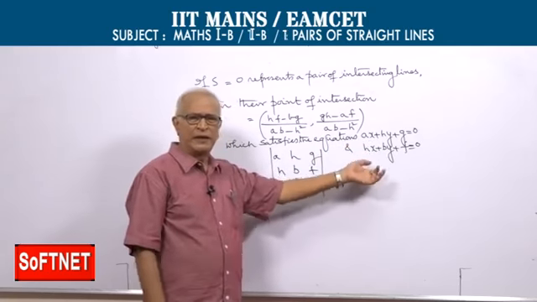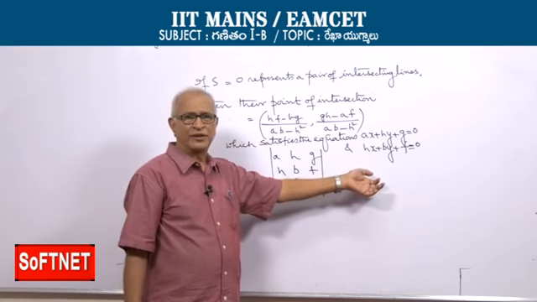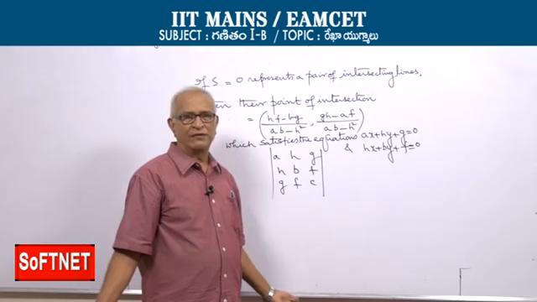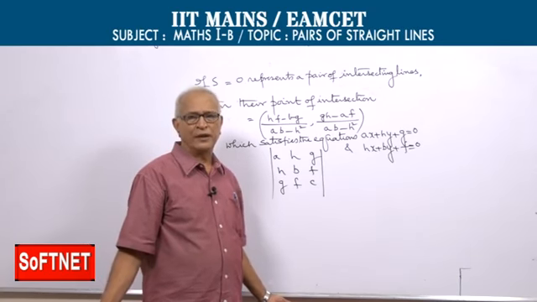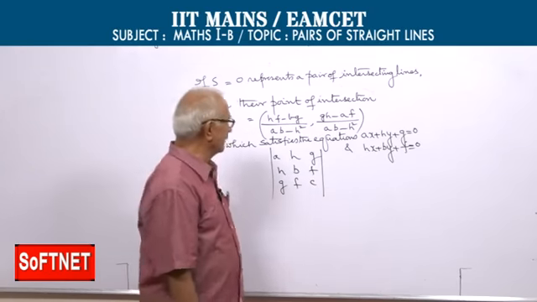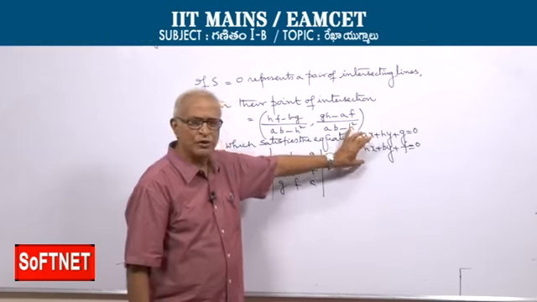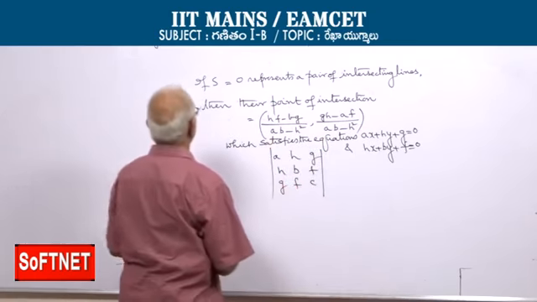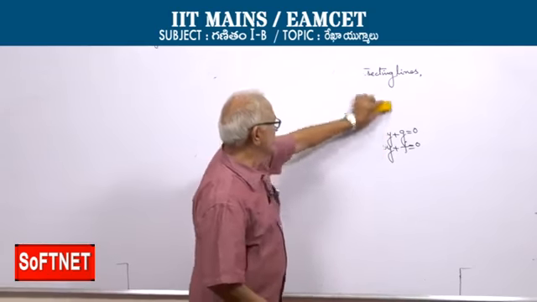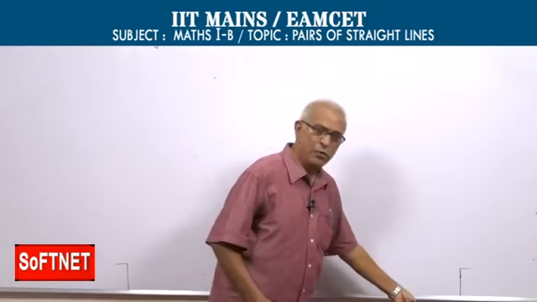So these two equations can be written, and once you write these two equations, the process of finding the point of intersection reduces to only solving these two linear equations in x and y, just like solving for the point of intersection of two straight lines in the XY plane. Okay, that's it. You need not keep a note of this formula when you are able to write these two equations.